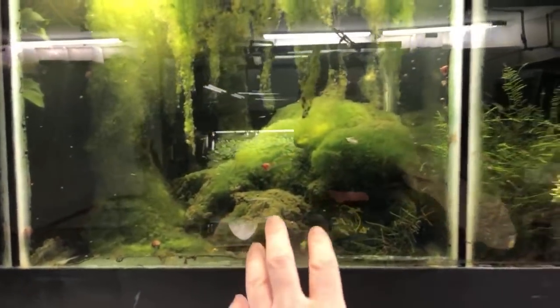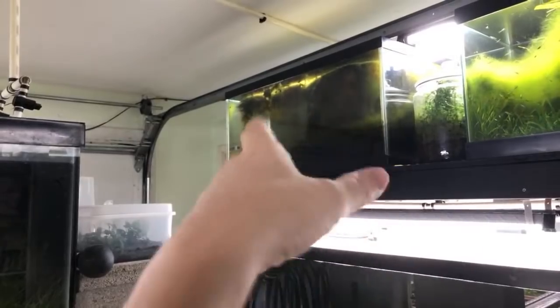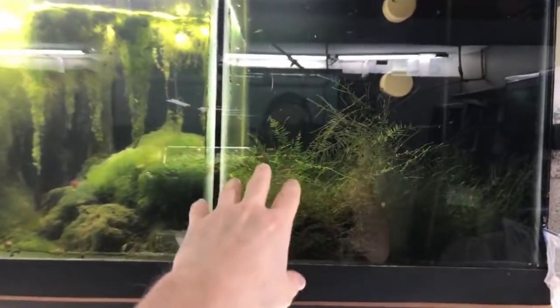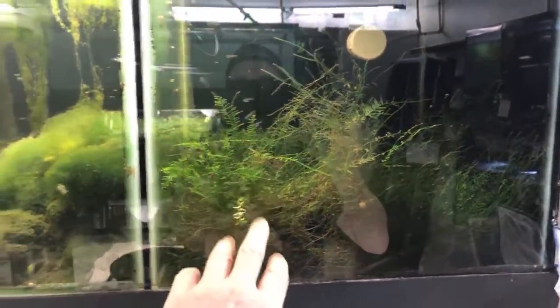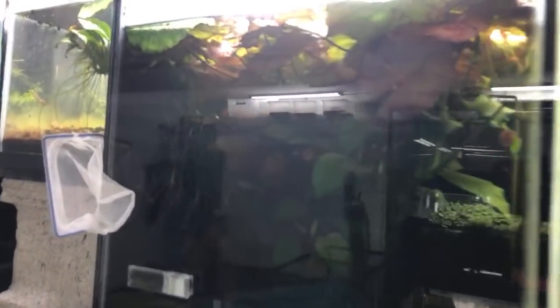This is another one of those algae tanks, kind of like that one is. That one's kind of going through its cycles where the algae is kind of dying off a little bit. But this is one where it's no algae, moss, I mean maybe a little algae down in there, but this moss is pretty much pristine, was pristine. I did pick at it a little bit. And then this tiger lily and anubias on this side